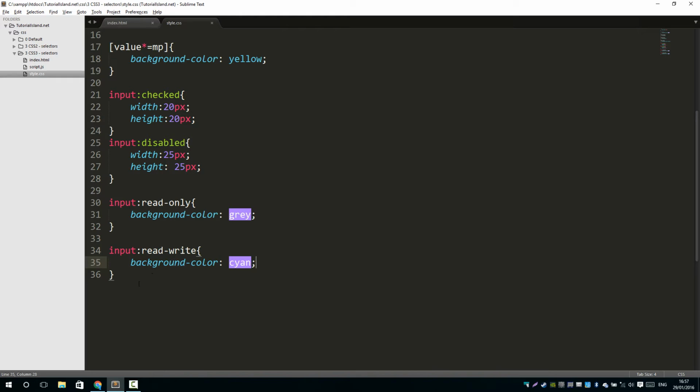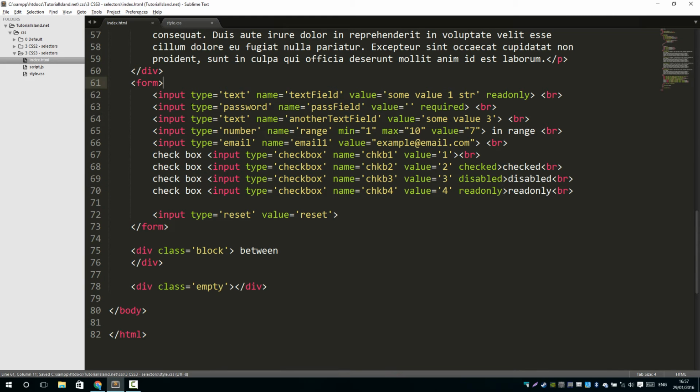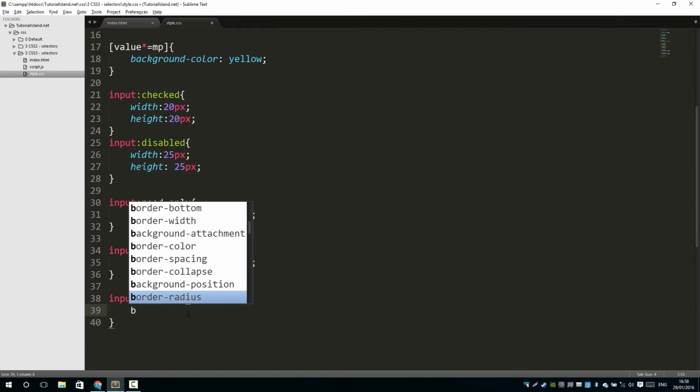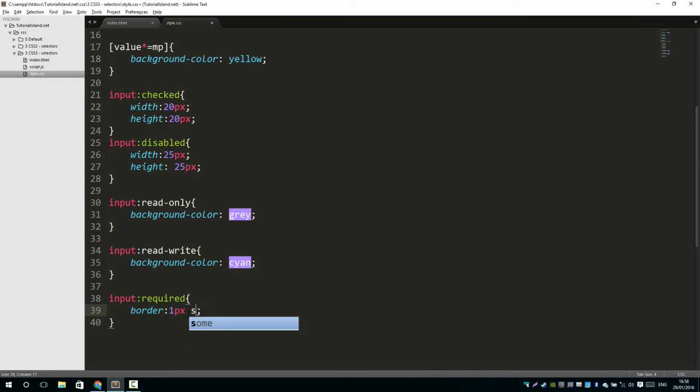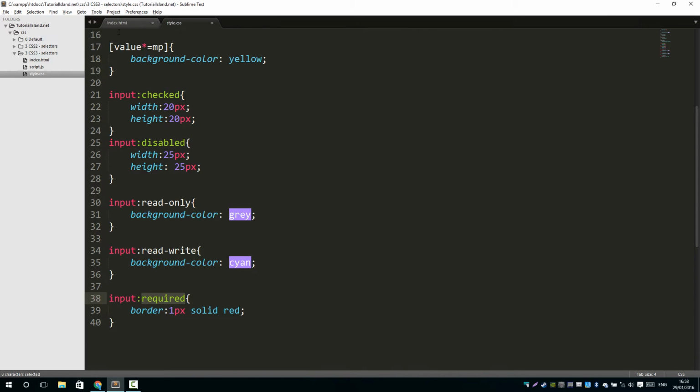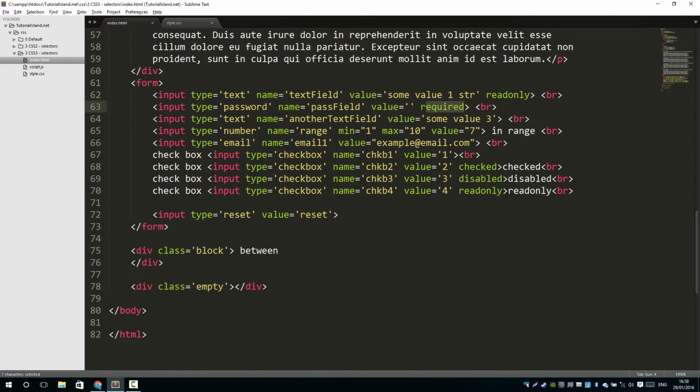Another selection could be required. So in this case, if I write down input required, that would select every field which is required by our form. In this case, I have password as required, and we're going to change, let's say, border to 1 pixel solid red. That means that this field is required to fill up. So if I reload, that's actually changing only that field because it's only field which is actually required to fill up. So I could not submit our form before I fill up this one, which is nice feature to use,